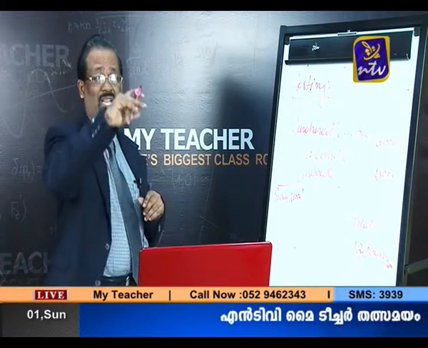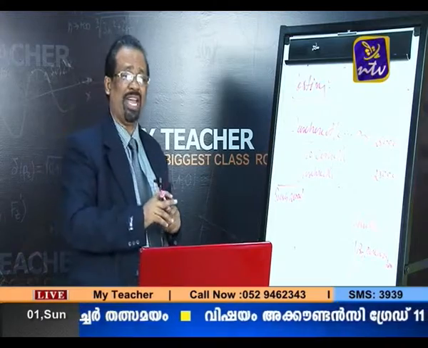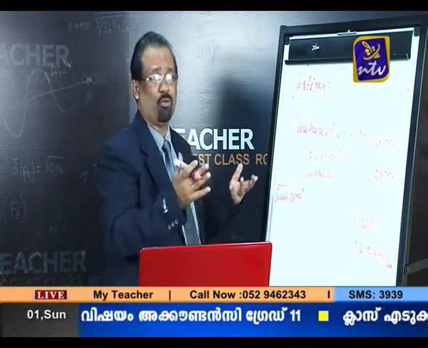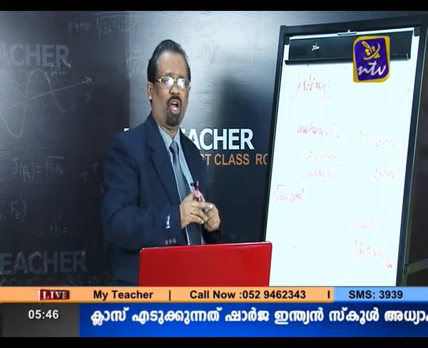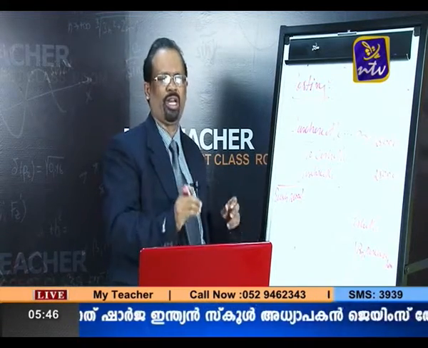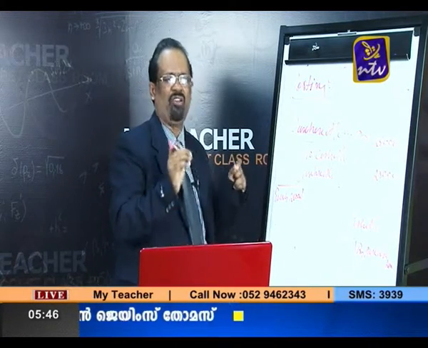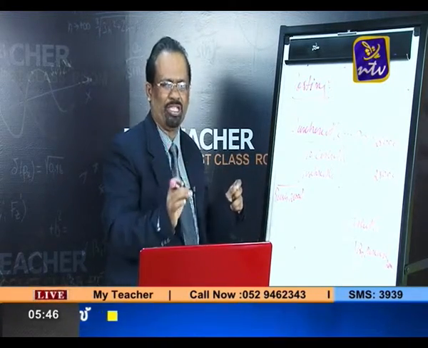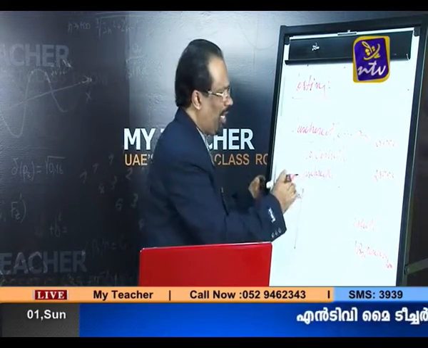Now we want to find out the position of the ledger accounts. You know my first class, what I said. What do you mean by bookkeeping? Bookkeeping is art and science of recording the transactions in a set of books. And also, what are the main objectives of the books of account? We want to find out debtors account and creditors account, and also what we owe and what we are owed. We can find out the real picture about the ledger accounts. That is why we are balancing the accounts.